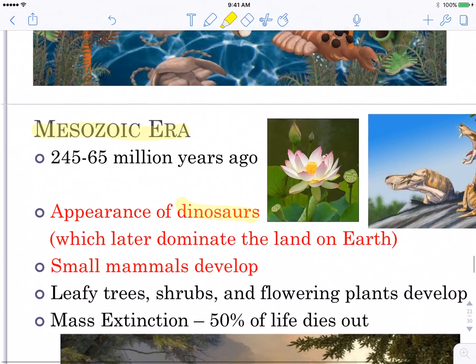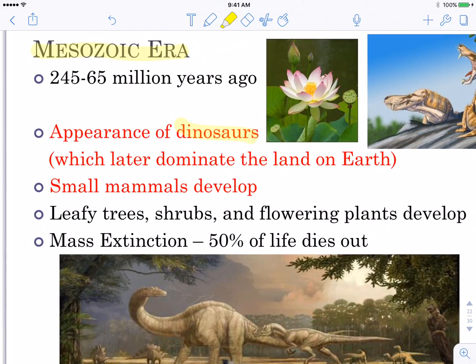So as I said, the Mesozoic era is marked by dinosaurs. This is what we need to see: they start in this era, they take over in this era, and they continue in this era. Okay? During this time, we also see small mammals. You are a mammal. So these are your